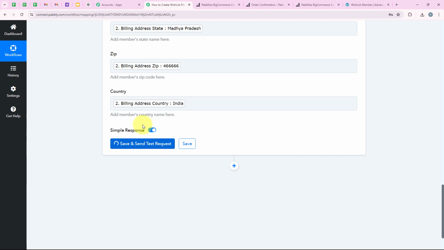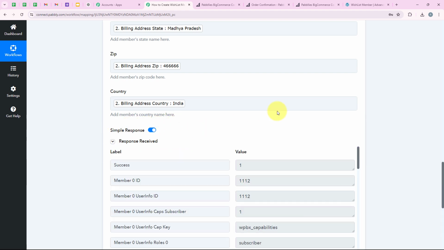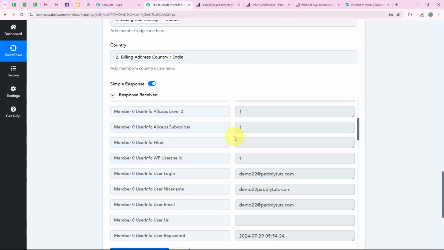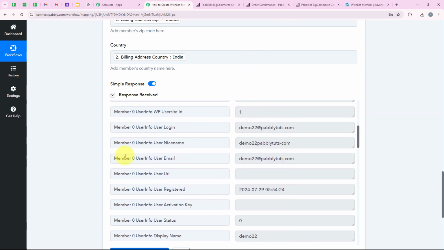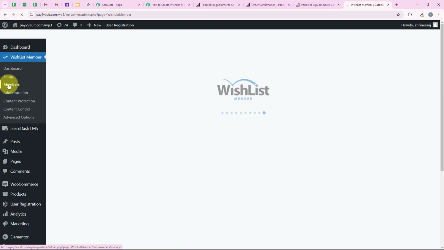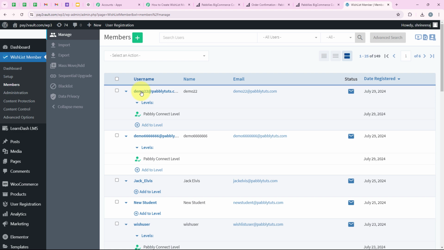And as soon as we click on save and send test request, you can see that we have received the positive response that we have successfully created a new member in our WishList Member account. So I'm going to open my WishList Member and check for the new member created with this email. So I'm going to open my WishList Member account, and now we are going to go on members from the left side bar. And as soon as we go on this, you can see